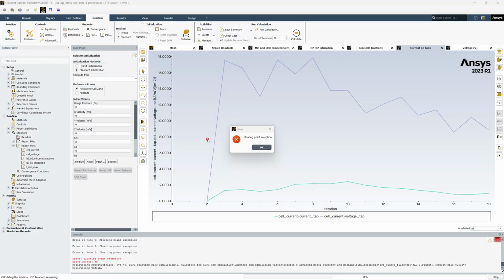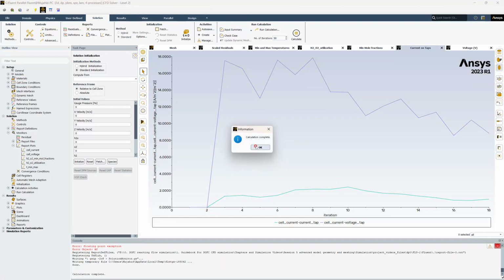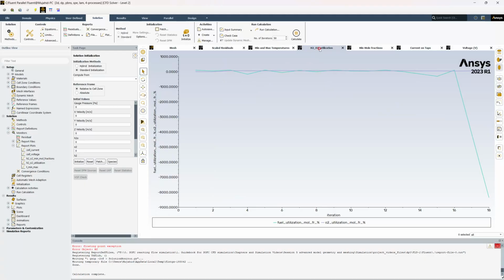As you can see, it's a full 3D model, so there are many problems that can occur. So it didn't even complete the 50 iterations. So let's see, maybe the utilization actually went way down. This is not a proper case, this is an imaginary case, so it went really low, which is an imaginary value, so it was not able to solve for it. So maybe, to solve this type of issue,